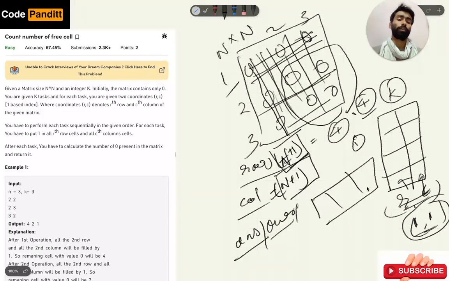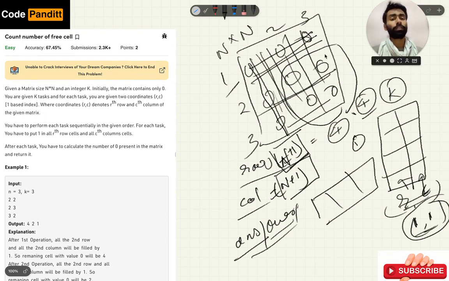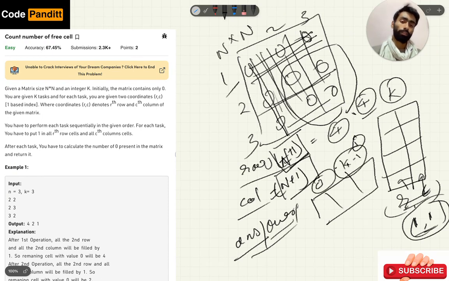So we will initialize an array where we will keep all the zeros remaining after every task performed, and we will loop from 0 to k minus 1, that is k times.